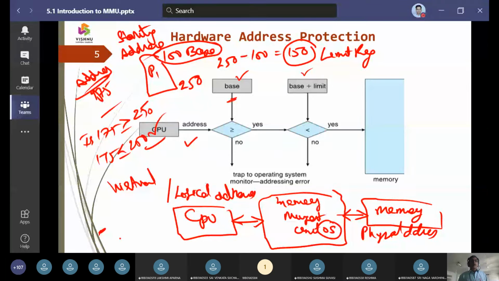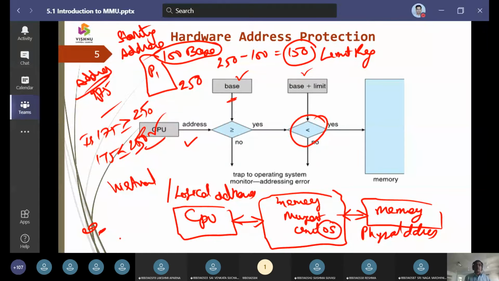So how do I access that? I am going to use a mechanism, and that mechanism is going to put up a constraint on whether this 175 is less than or equal to this 250th location. If it is true, yes, it is going to allow.